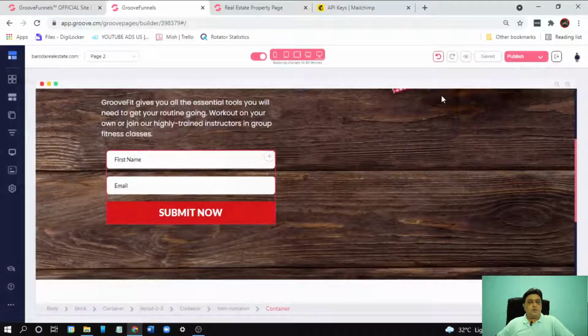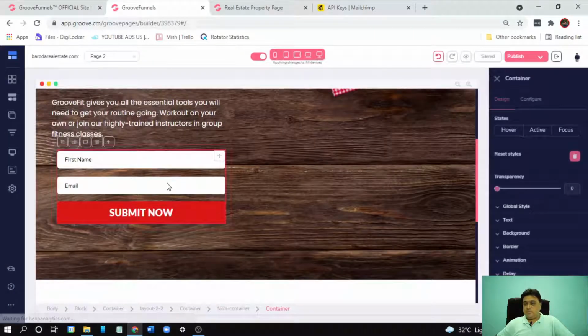Now go to our form container. Select the form container. This is the main thing, guys. Many people ask me, sir, we are not finding how to integrate the form container with MailChimp. Select the container and you can see at the bottom here, you can find everything from the bottom.